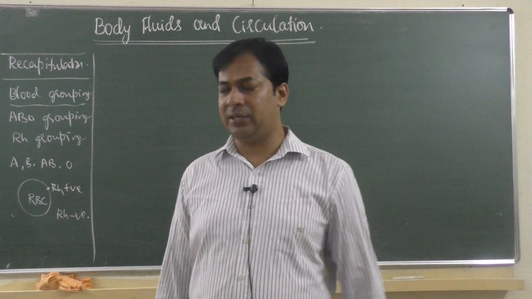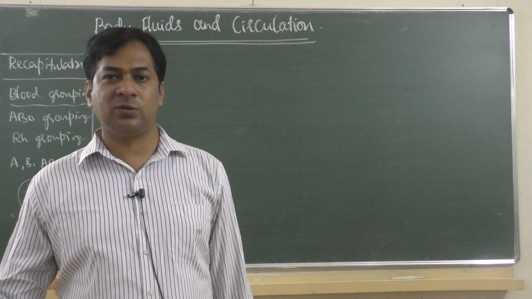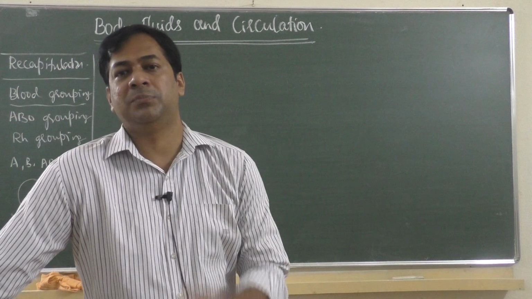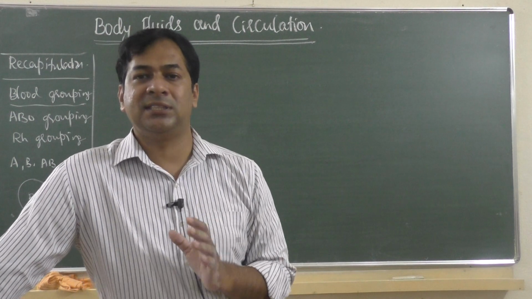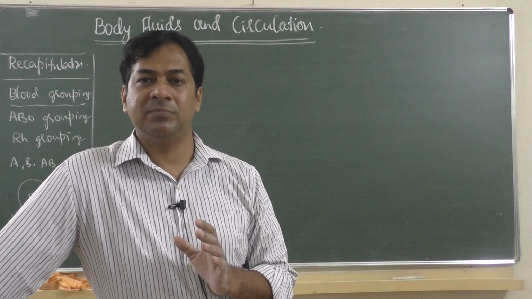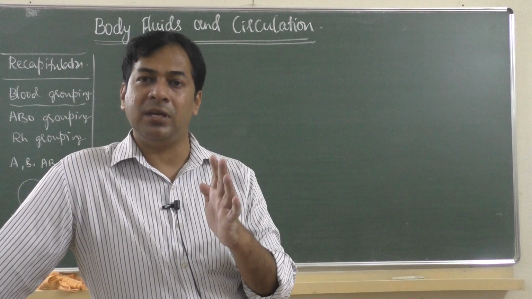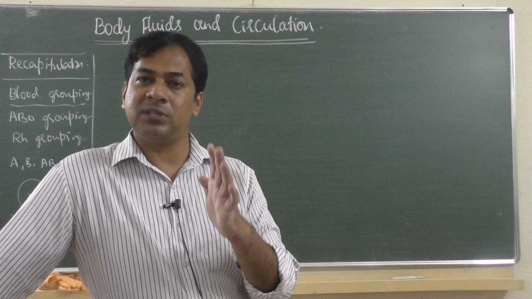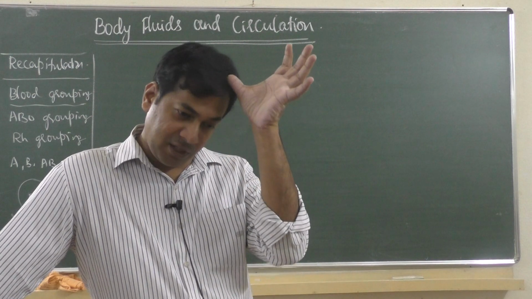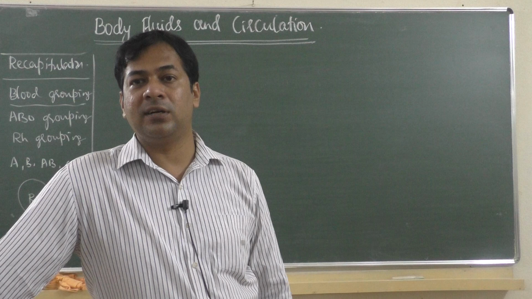I told you what the meaning is. Erythro means erythrocytes, red blood corpuscles. Blastosis means rupture of RBCs. Fetalis means it is a red blood corpuscle which is ruptured in a fetus, a baby. The baby's red blood corpuscle is ruptured. So, erythroblastosis fetalis. How to avoid that condition?